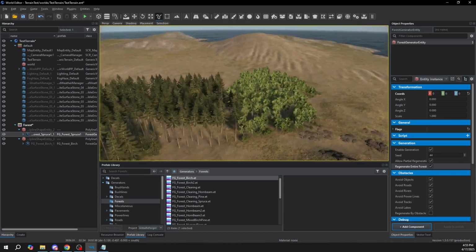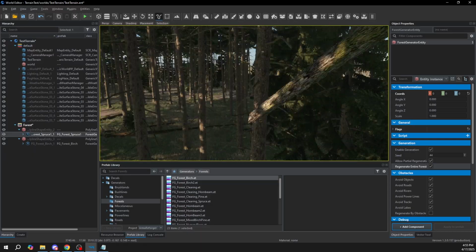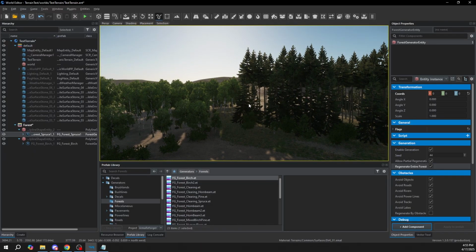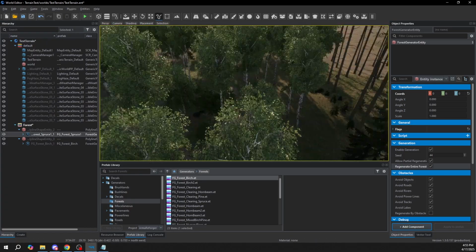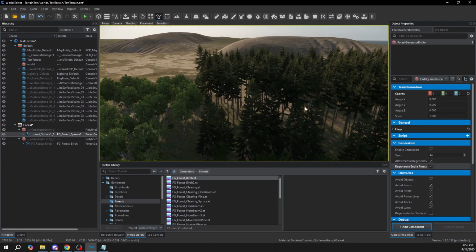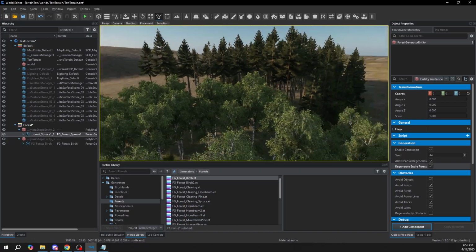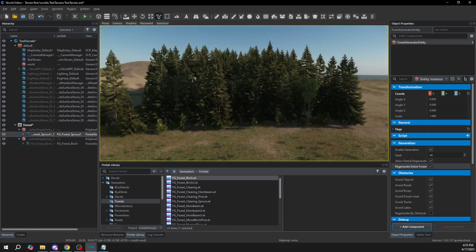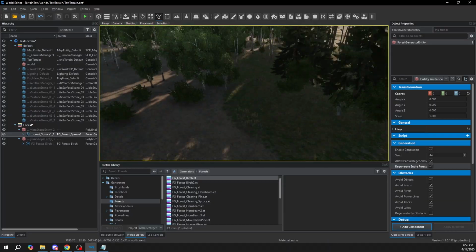But yeah, you can see now if this were to be a birch forest that was a bit taller, or I had a different spruce generator, it would look a bit more natural. But you can see here we have the edge of the forest still here, but when there's more forest